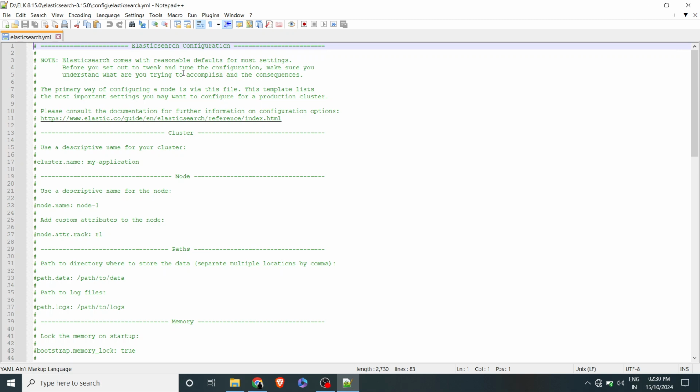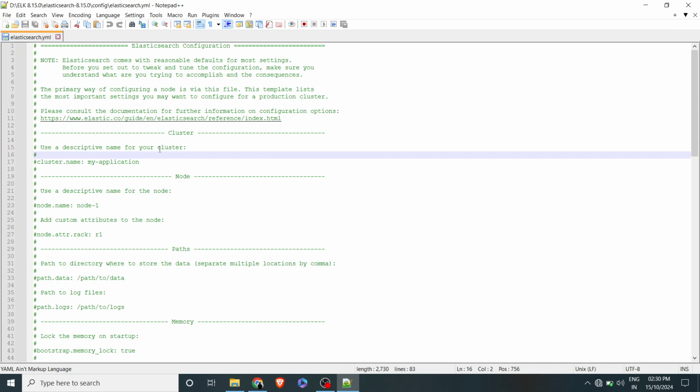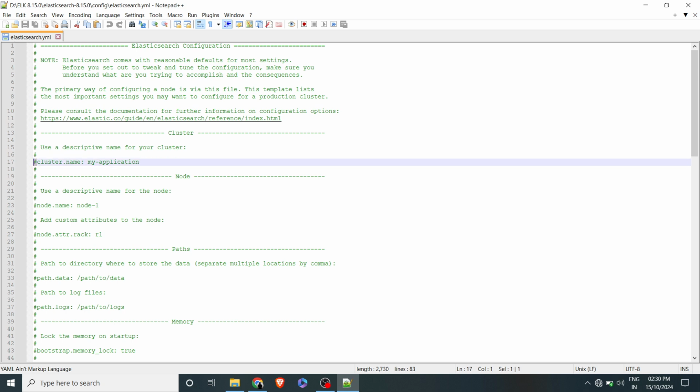Okay. So in this file, we have the first section over here, which is nothing but cluster. Cluster is nothing but a collection of nodes. Here we can give our name to our cluster. As you can see, we have a hash mark over here. Hash means it is commented. So if you want to uncomment it, just